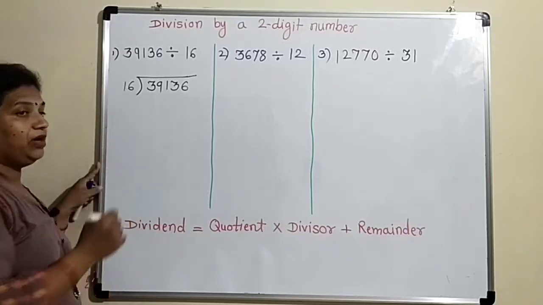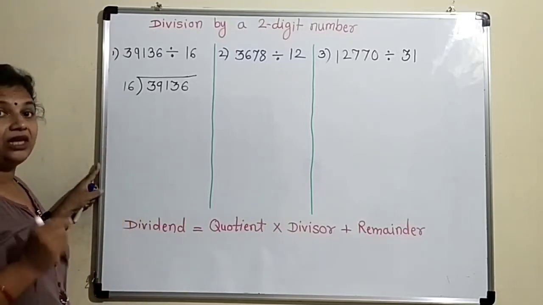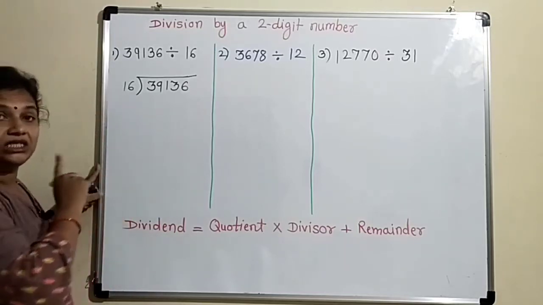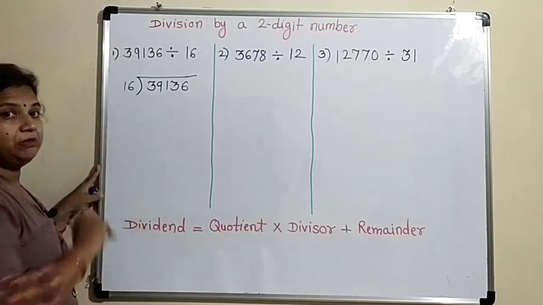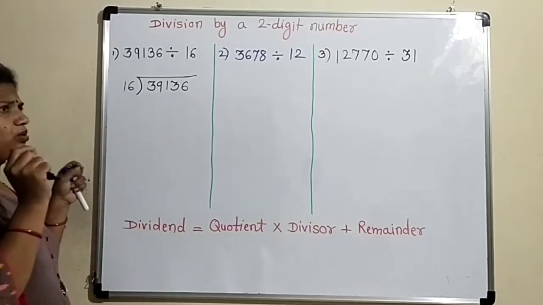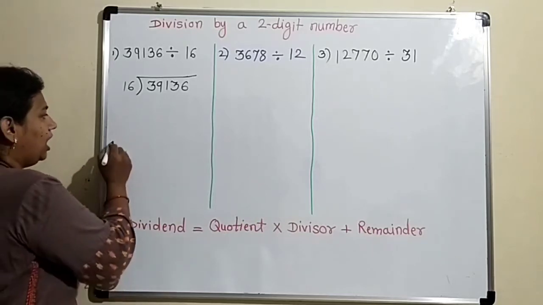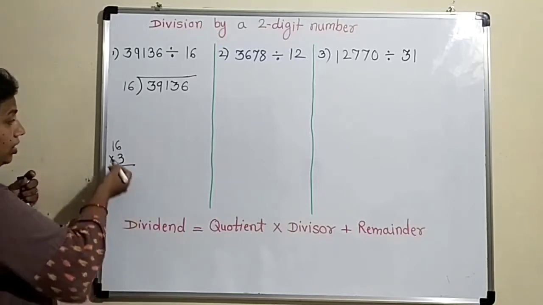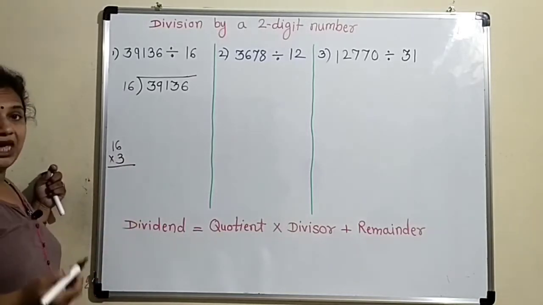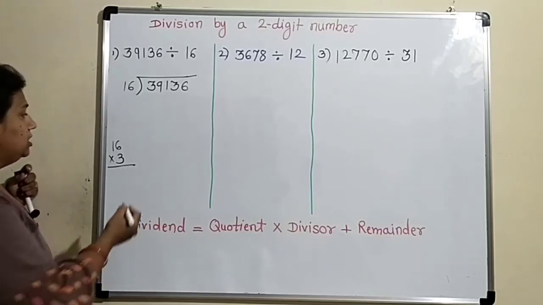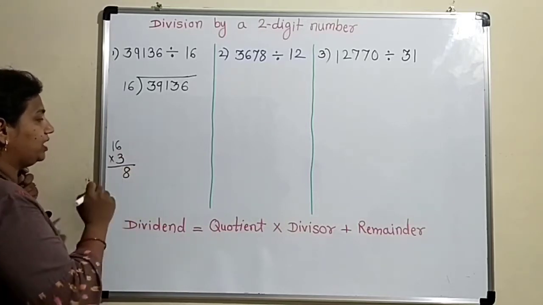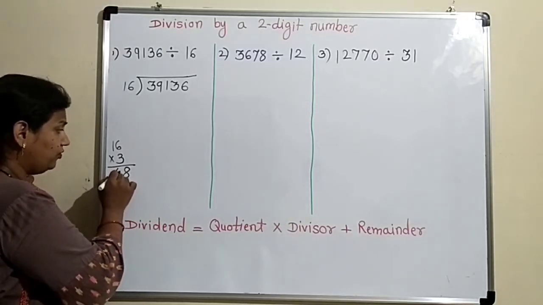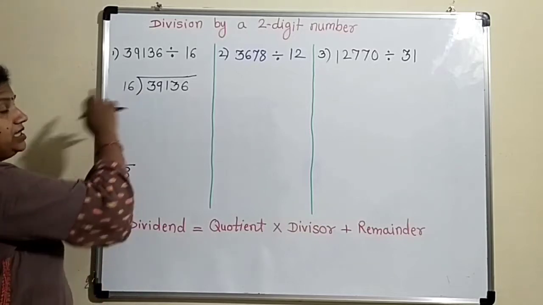So in the table of 16, how do we guess where it will come? In the tens place here there is 1, and in the tens place there is 3. So let us check how much 16 multiplied by 3 is. You can do this as you know the table of 3. 3 sixes are 18, 1 is carried, 3 ones are 3 plus 1, that is 4. Now 48 is bigger than